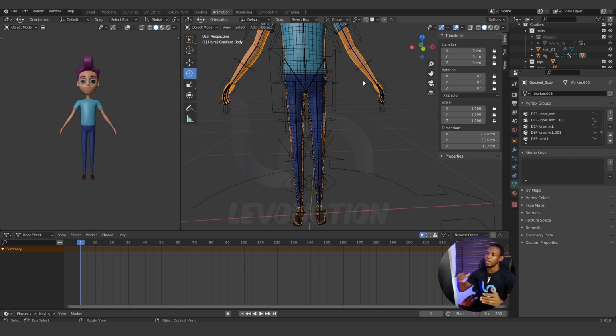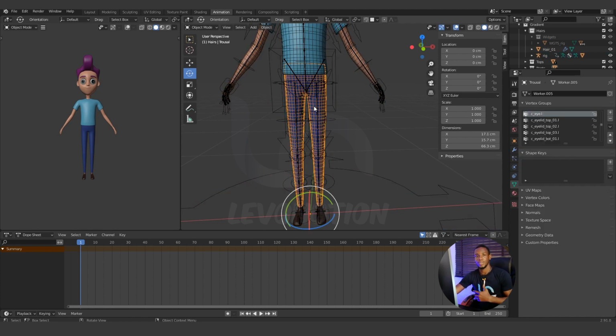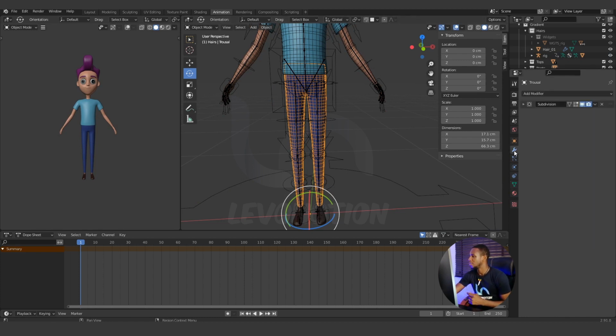Like I said, as soon as I created that parent relationship between the mesh and the rig, three things happened. We have the armature added to the mesh. Now, because I want this trouser to follow the rig, I need to add an armature to it too, for it to follow. So I'm going to click on the mesh for the trouser,